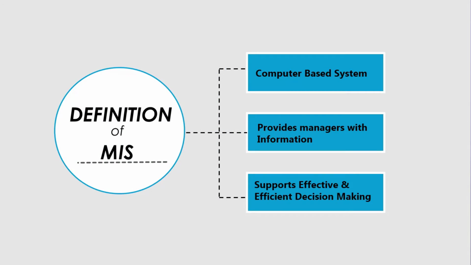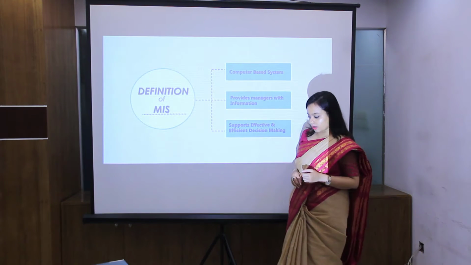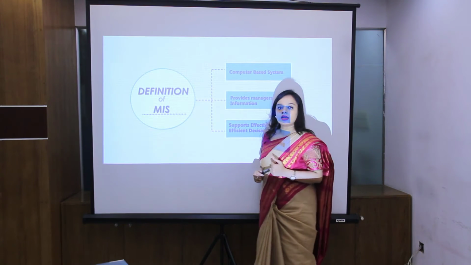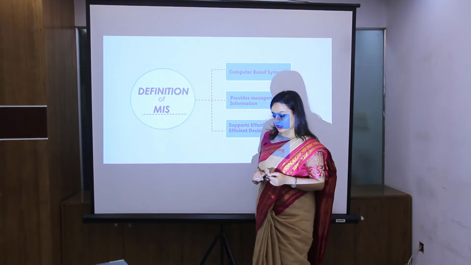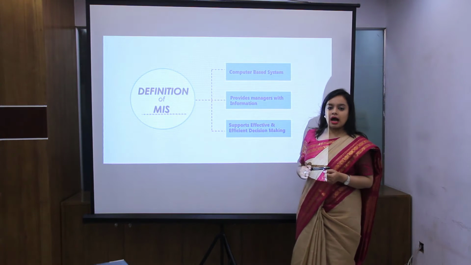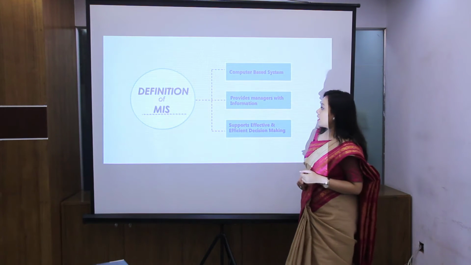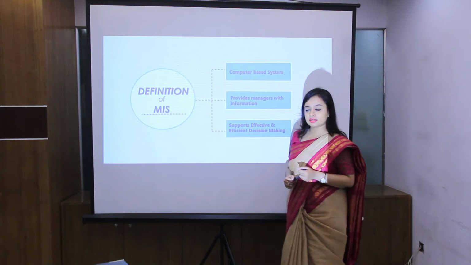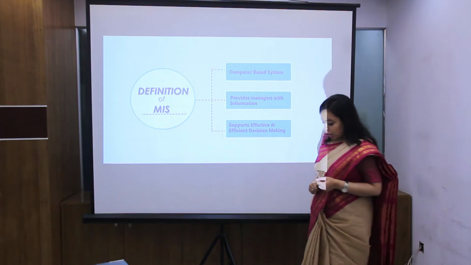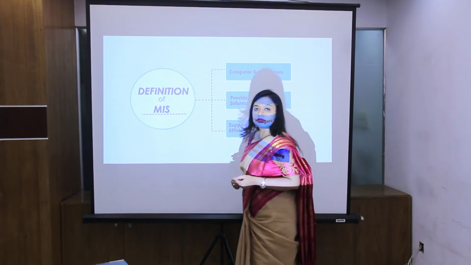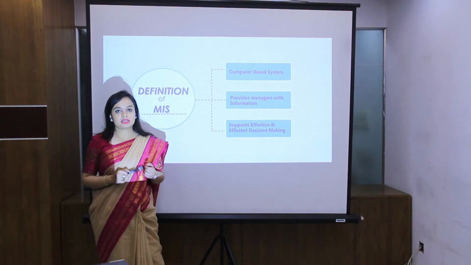MIS is a collection of subsystems which can work together to collect data from the surroundings, collaborate with them and present it, which can form complete information and help managers and other executives make the right decision at the right time. MIS is a computer-based system which supports effective and efficient decision making. To operate MIS, some accessory portions have become part of it, like networking of the subsystems.